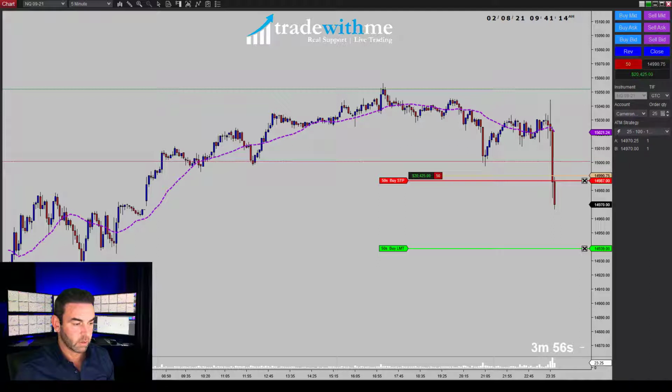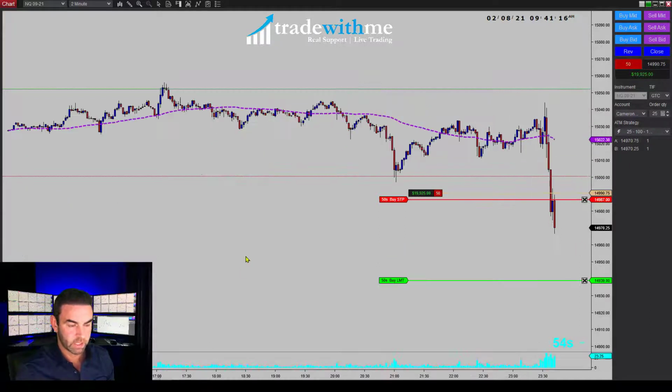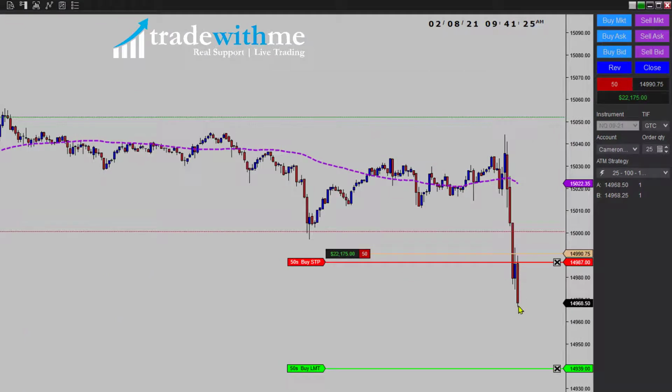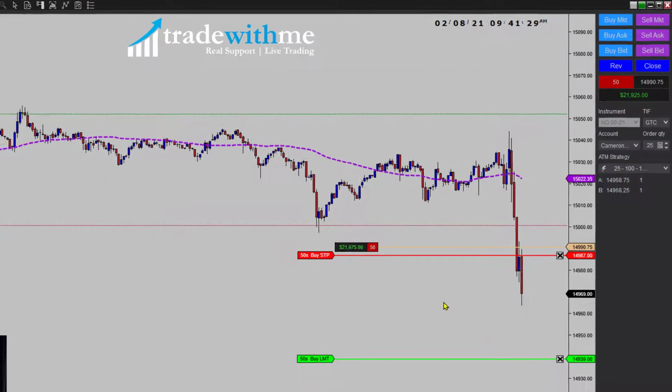I'll also go to a lower time frame. I'll go to a 2-minute chart, and I'll look at the form reading on that chart as well. So right now we've got 48 seconds to go on this 2-minute bar, and that is a really strong bar in opposite fifths on the downside. So just based on that,